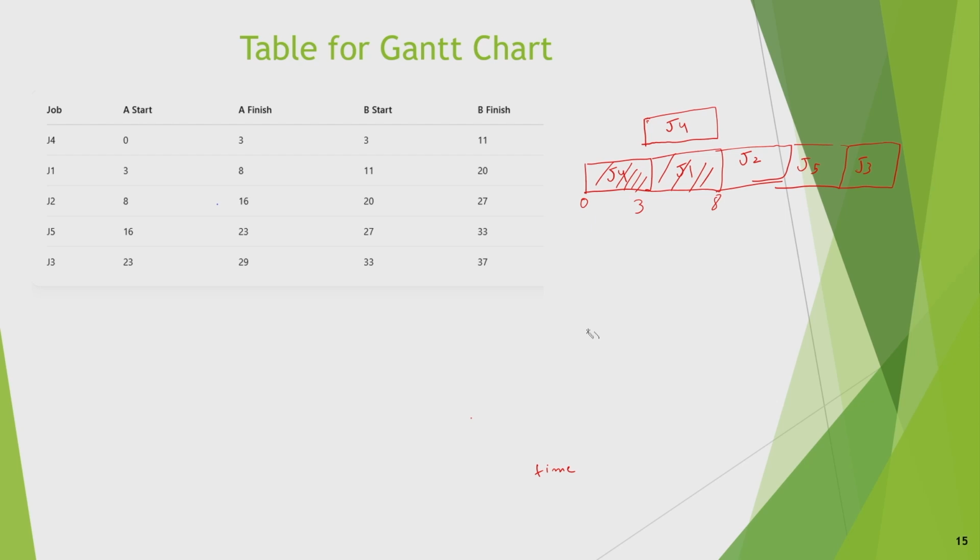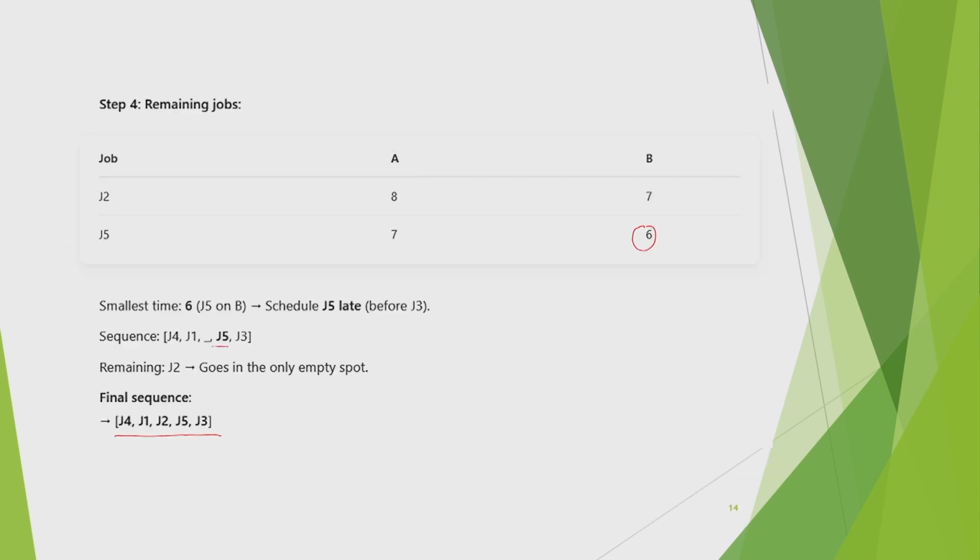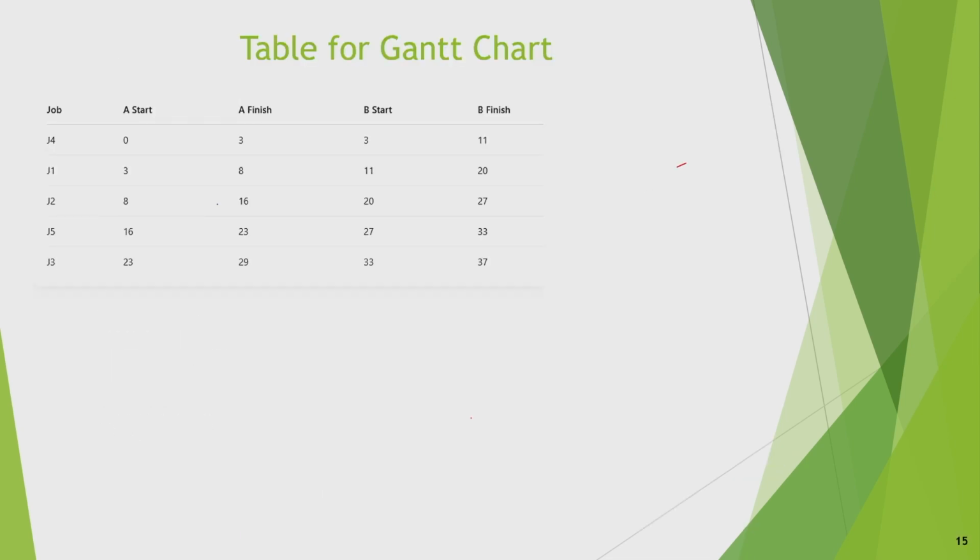And you see the total elapsed time here has come to 37, okay. That means 37 has come, but if you see how much time it would have taken, that is 5, 9, and so on. So we can see that for some period some machine will not be utilized. If you want to show the situation on machine A,